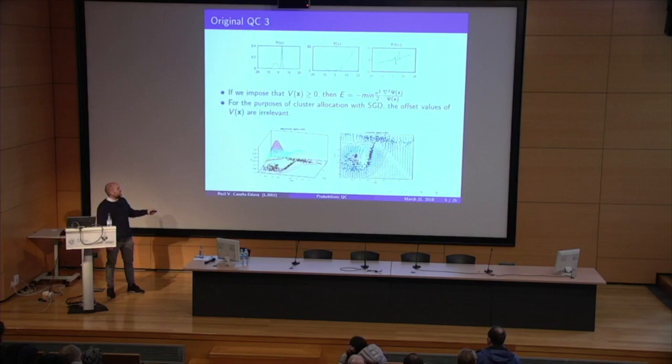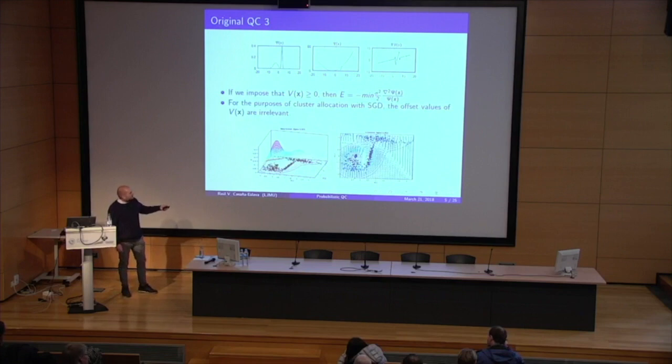Here is some synthetic data, where we can see the wave function is the sum of all the Gaussians, and the highest peak represents the highest density. And here we can see how the potential looks, a bit fuzzy, but the arrows point in the direction of the gradient. It's like a big volcano, a big potential well that represents the high density of points. Here there is another potential well, and here another. The idea of the original quantum clustering is to associate the potential wells with clusters.